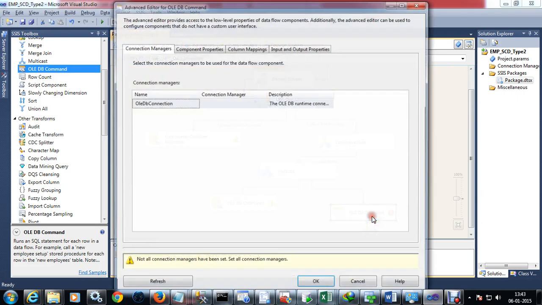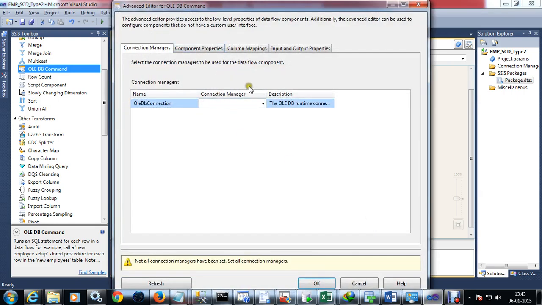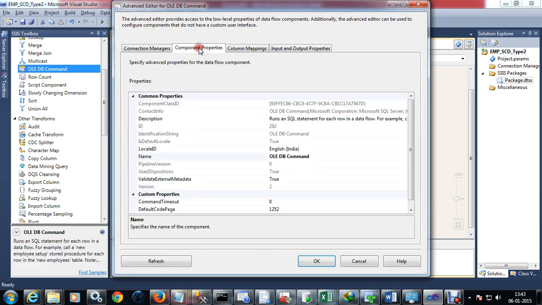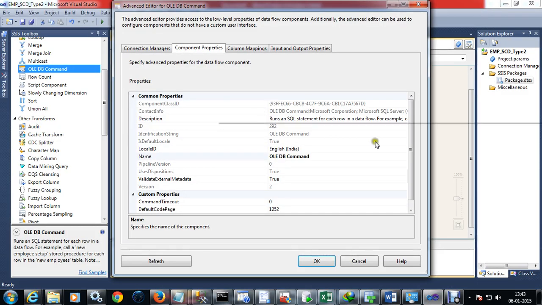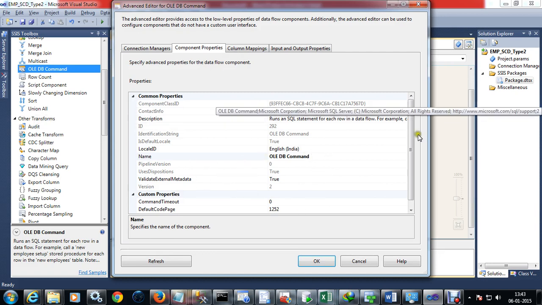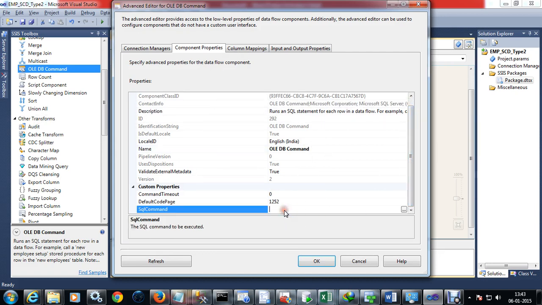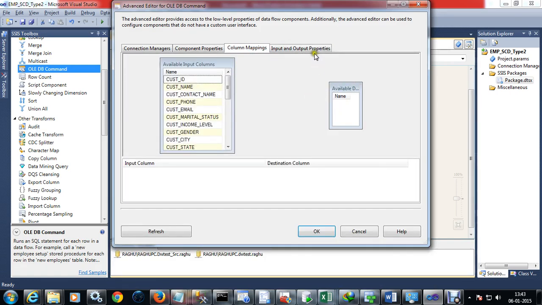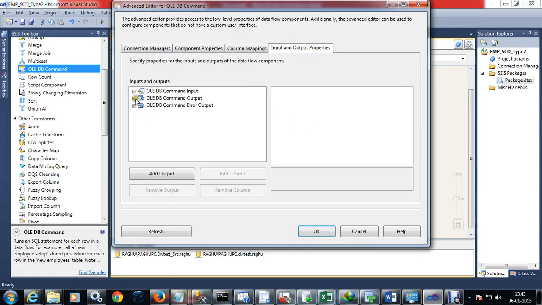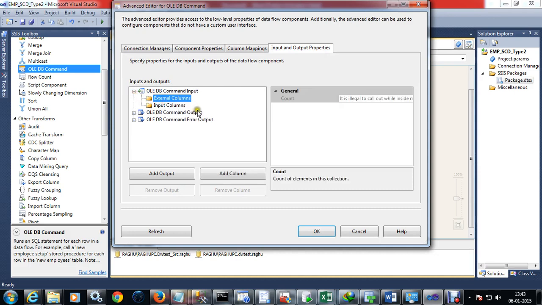Now here give the connection in the connection managers. We have to give the connection where our table is located, and in the component properties we have to write the SQL command here. Before that we have to give the columns here. If you see, this is empty. Now one way is to go to your external columns,